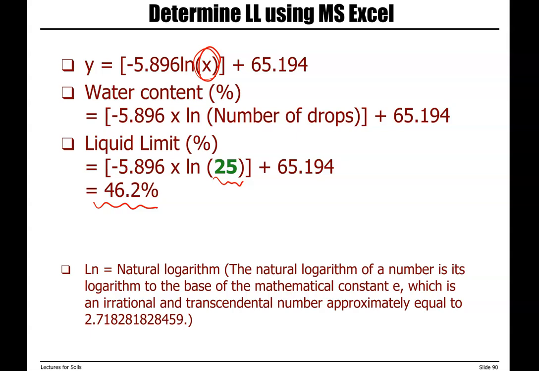This one has a higher accuracy. This is ln. If you have that in your example, just know that ln is the natural logarithm, which is the logarithm of a number in the base of e, constant e. So make sure that you use the correct sign on your calculator.